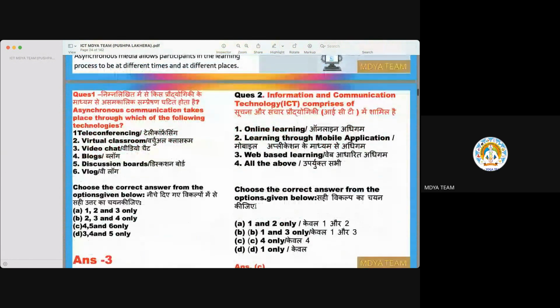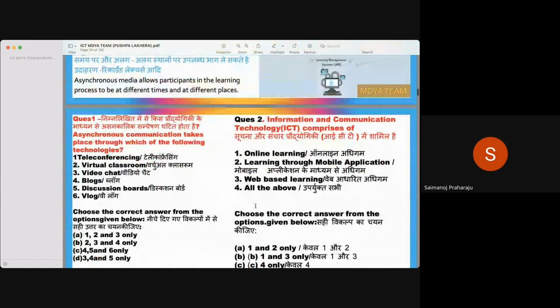Ma'am, video chat is like when you send, the opposite person is also video chatting, like on WhatsApp, you do video chatting also. That is synchronous, no, ma'am? You are on the other side, I am on this side, and we both are video chatting together. It may be synchronous, no? Wait. This is asynchronous. All right. Asynchronous means not simultaneous. Yes.